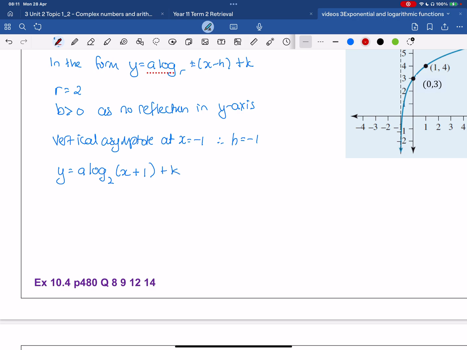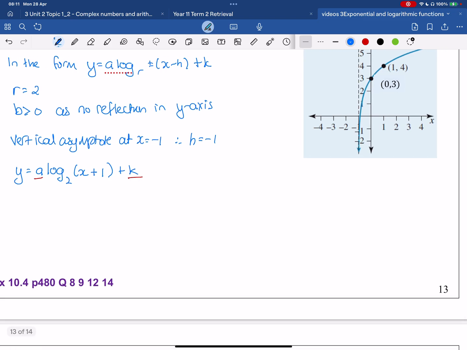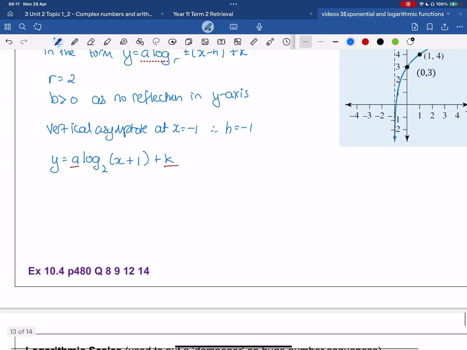All right, now notice I have an unknown a and an unknown k, and I have been given 2 points. You can start with either of those points, okay? Often one of them will be easier to get a value out than the other one, but basically you're going to have simultaneous equations and you're going to solve for them. So using point 1, 4, we have that 4 is a log base 2 of 1 plus 1,